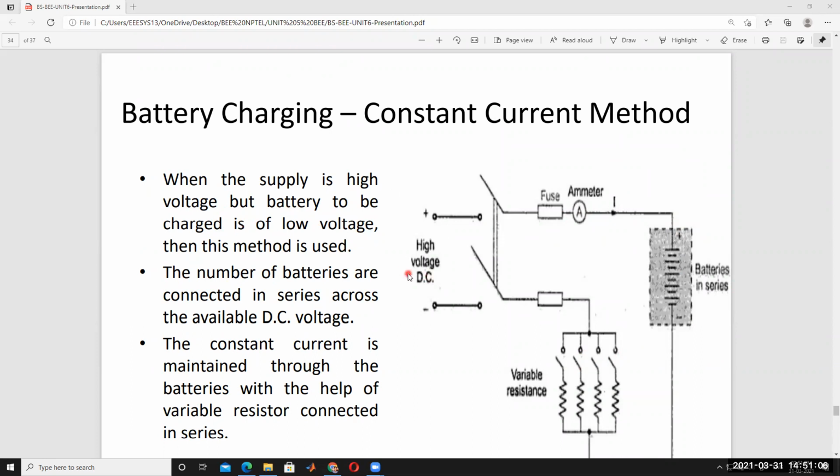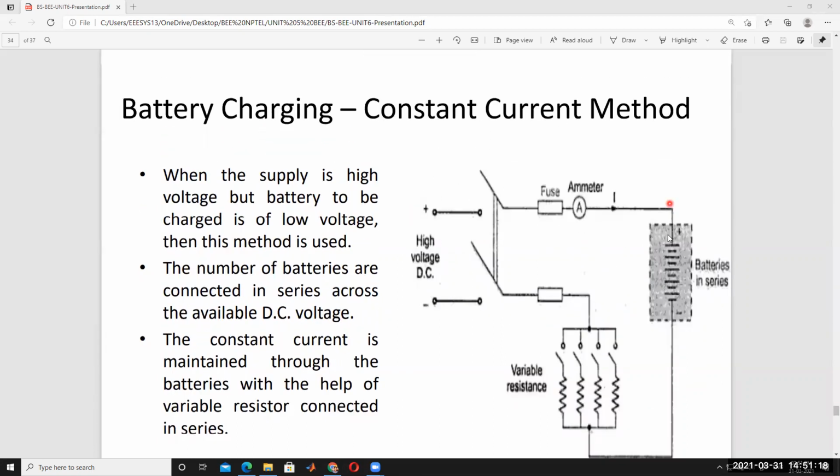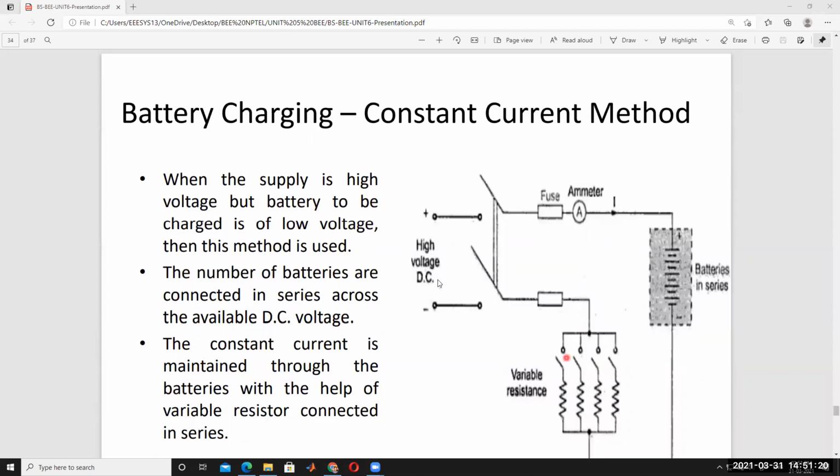Supply is high voltage, but the battery is charged with a low voltage. In that case, what do you do? This type of method is useful. Supply is high voltage, but the battery's capacity is very small. So in that case, by changing the variable resistance and maintaining the current constant, we have to charge the